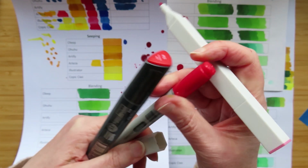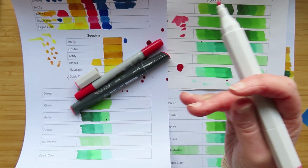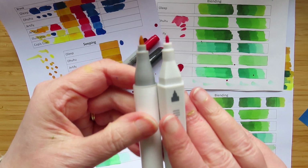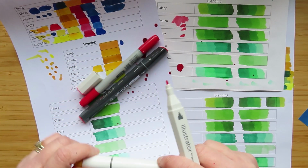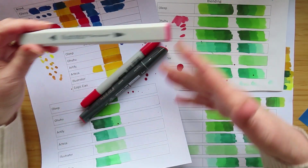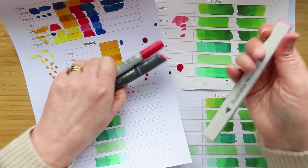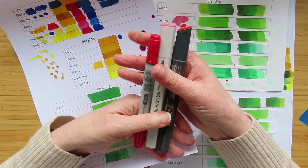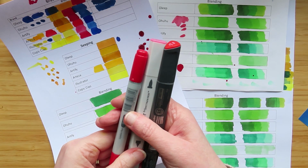So it's compared to, let's find one with a bullet nib on it. This Ohuhu has got a bullet nib on it. You can see it's a real ultra fine nib. So the Illustrators have that. If you're interested in ultra fine, look at the mess. What a fun playtime we've had. So these three feel like they've got very similar nibs, and the price wise, we're talking